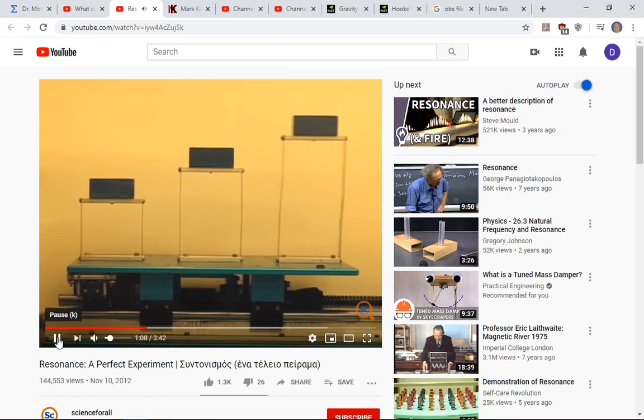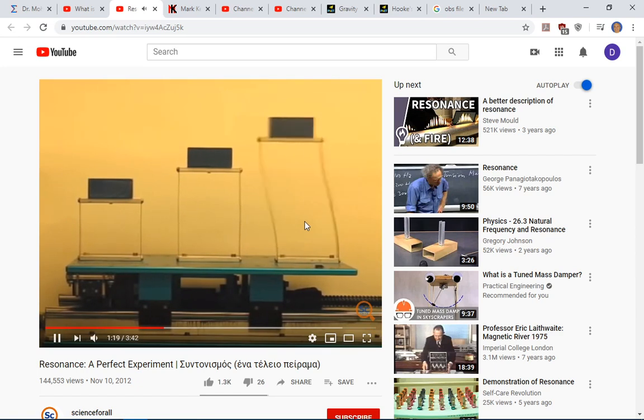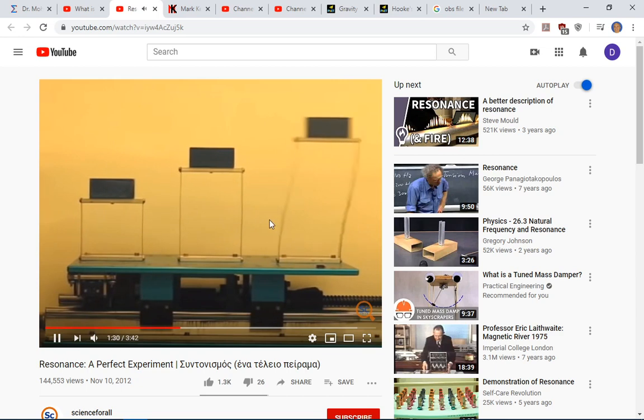You notice at that frequency, one of these buildings is vibrating rather wildly, while the other two do not feel anything. This one is going through a wild vibration, and the other ones as if nothing's happening to them. As we increase the frequency, we notice that each of them takes a turn to vibrate in the same wild fashion. Again, I'll put the link further down so that you can go and look at the video in complete form.